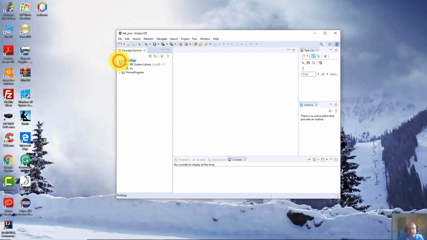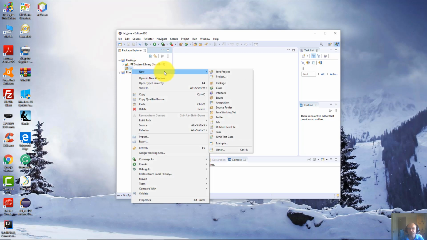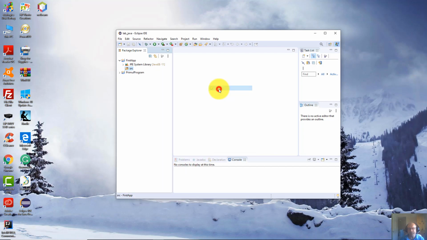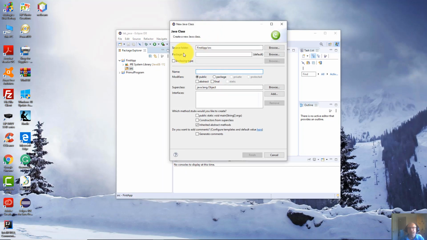Click on this arrow to expand it, and click on this folder src. Right-click, select New, select Class to create a main class. We need a main class because the main class will contain the main method. Any Java application must have a main method, because every Java application is run through the main method. So click on Class, and here